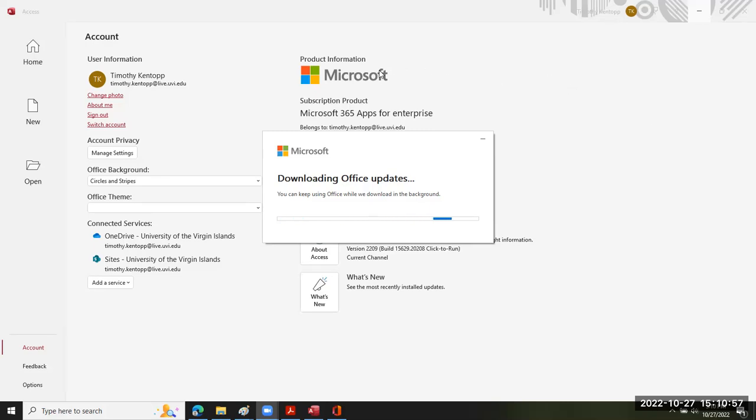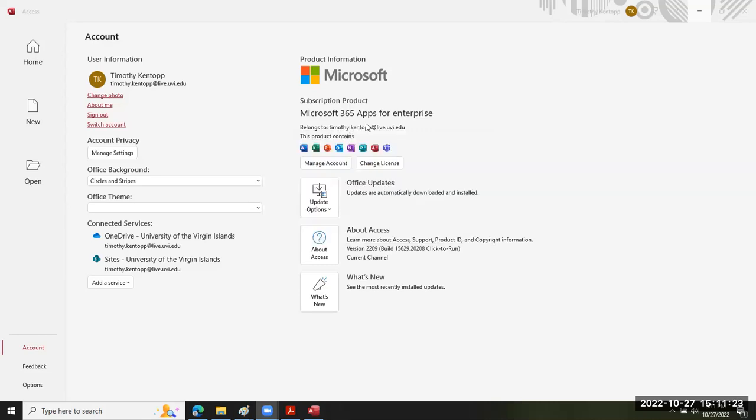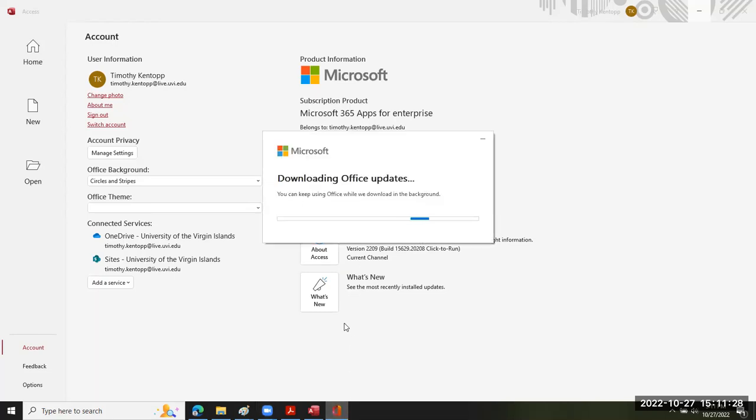Exactly. This is the version of Office 365 which is available through the My Campus portal when you engage the Office 365 option. It comes up in your browser, and in the upper right corner you have a chance to install it on your local machine. I am signed on with my UVI login, right? So that's something you see here. And the important thing I wanted to show you is that